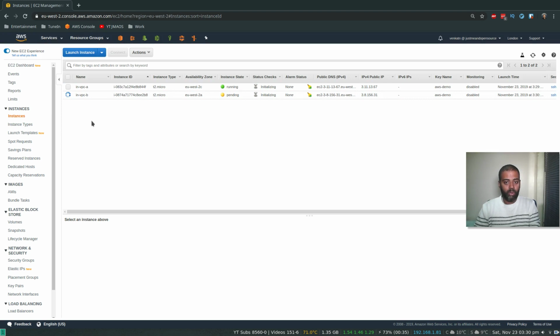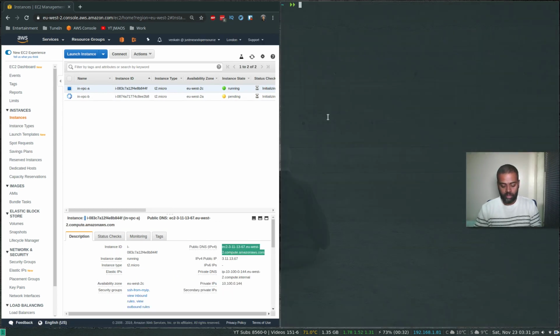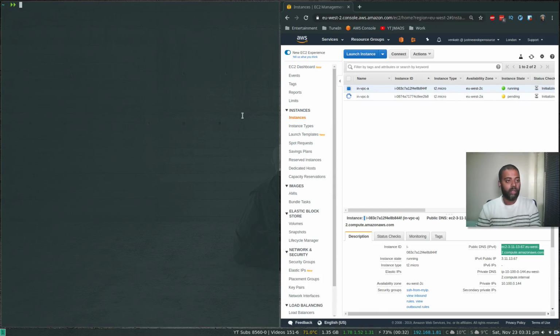Okay, so let me log into these. So the first one is ready, the EC2 instance in VPC-A should be ready. Public DNS, I'm going to copy that. Copy it, and let's try and log into it. Okay, let me move that here. ssh -i, where is it? .ssh. So that's my AWS private key, ec2-user at